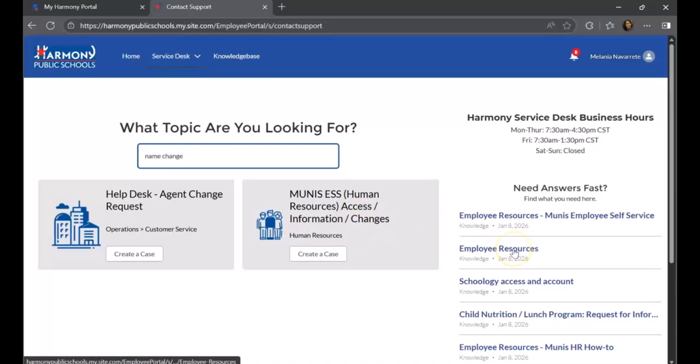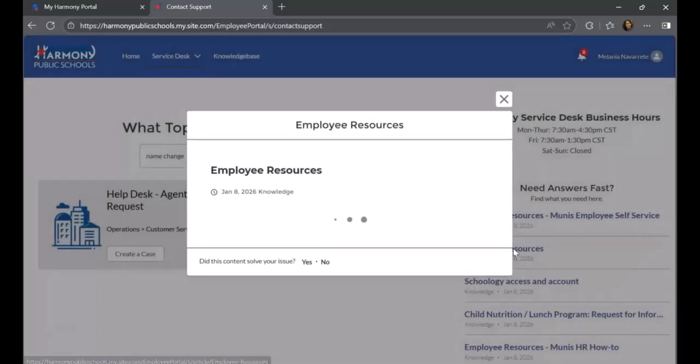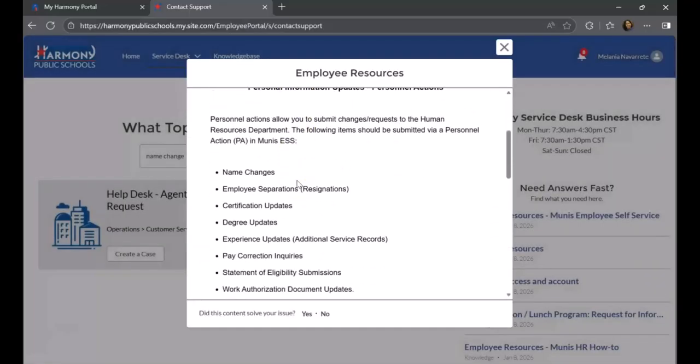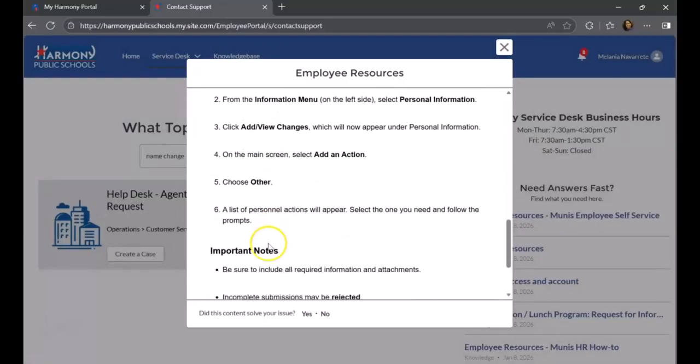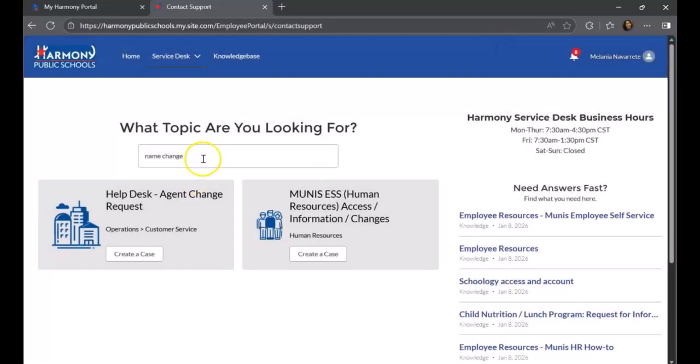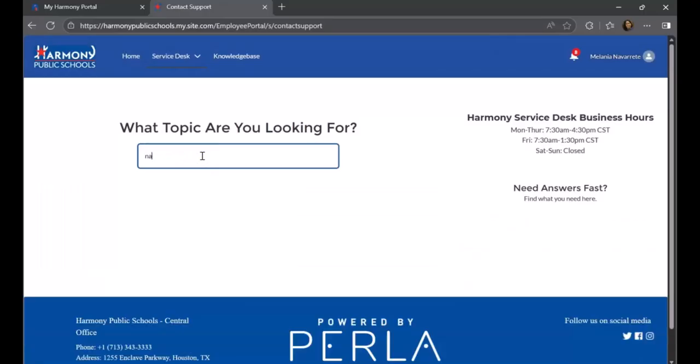You can click also on the file on the right. If you click on it, it will give you a list of how to request and what steps to take. If this answers your question, just go ahead and click yes. If it does not, just click no and go ahead and submit a case. For training purposes, we'll use